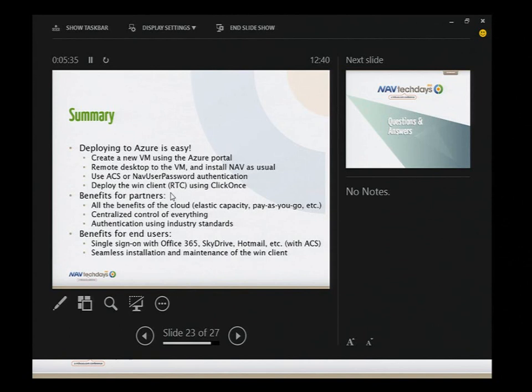As Stefan demoed, when you save your cookies on your machine, they will have easy sign-on without getting prompted for all the systems like SkyDrive, Office 365, and so on. And the installation and maintenance of the Win client is for free. And with that,